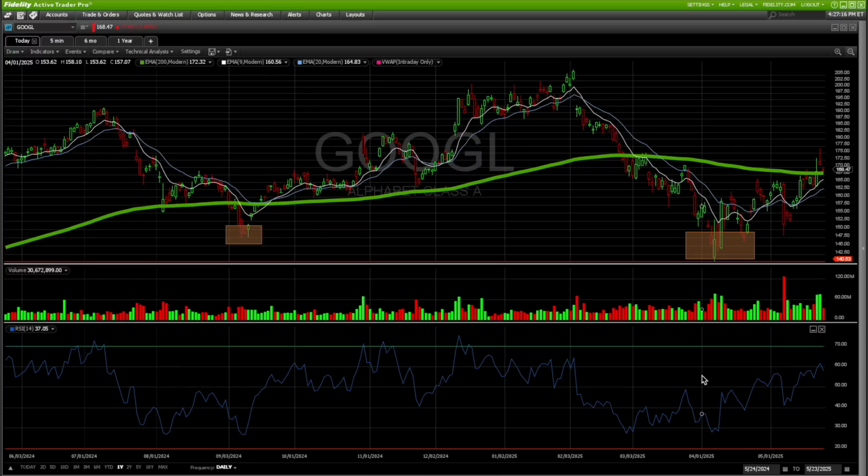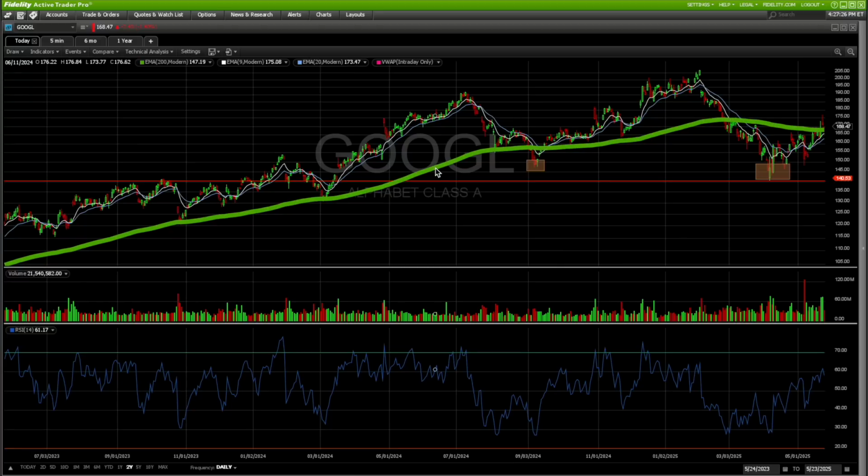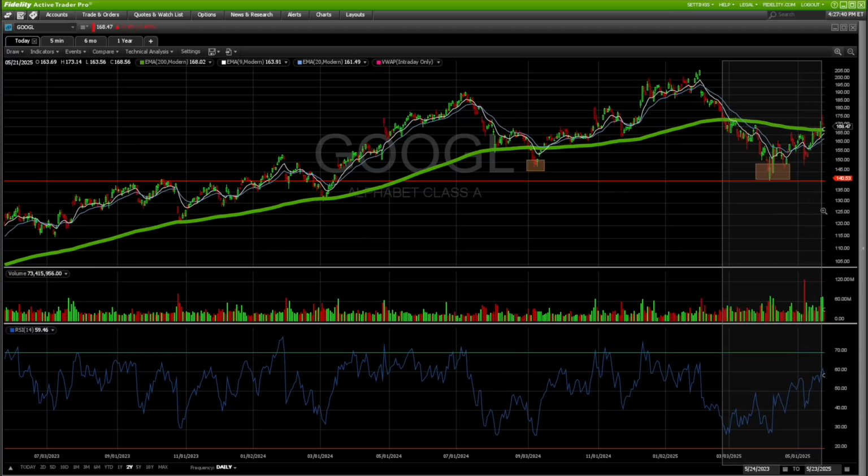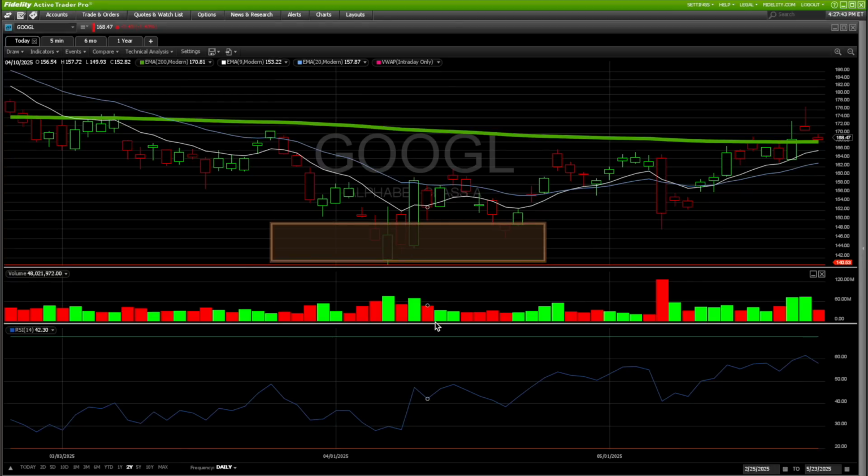You want to focus on previous support levels. When you're focusing on previous support levels, you are looking on the 1-year or even the 2-year chart to find where has Google had support in the past. Right here was a clear point of contention. Right here is a clear point of contention where you would start considering making this entry and noticing that it is holding. Then when it starts moving up, you want to confirm the volume, the RSI at that time,